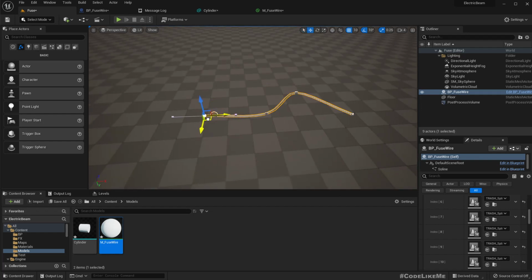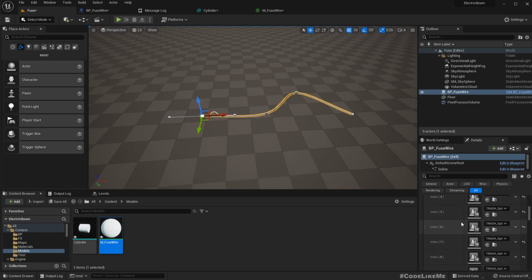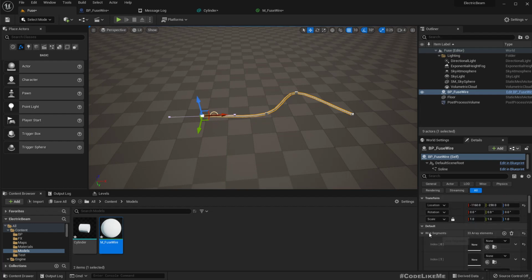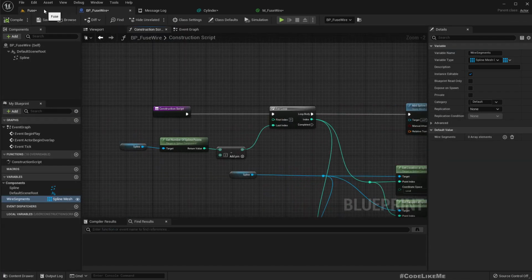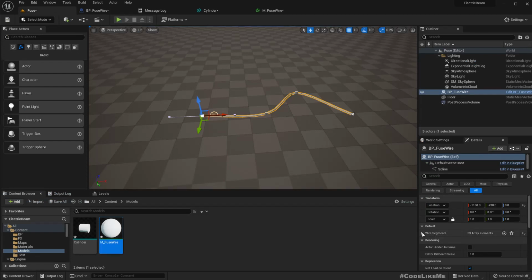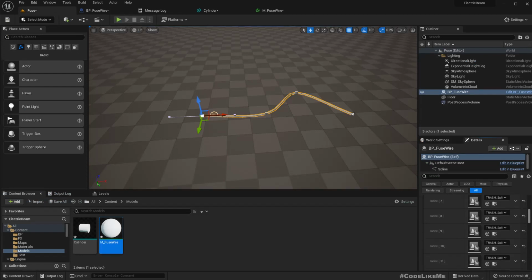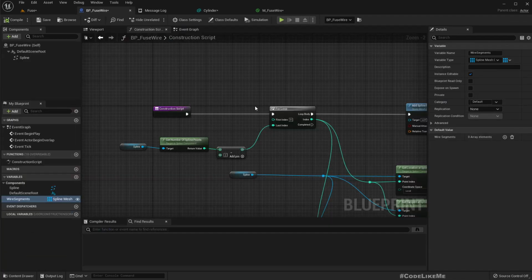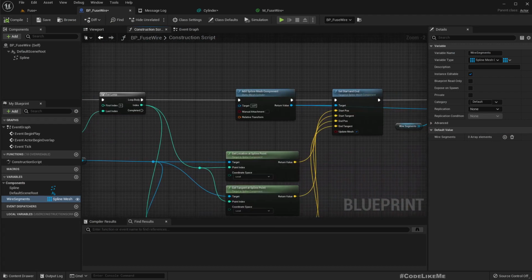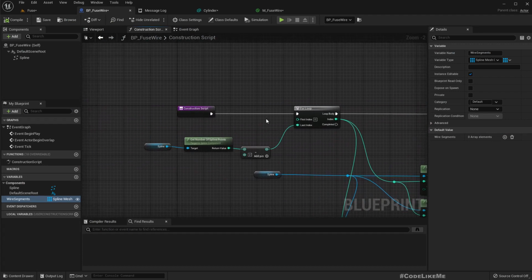And as I update, you can see this count increases. So I think we need to clear it out, but need to check one more thing. Do we have valid component? Looks like we do. Okay, so